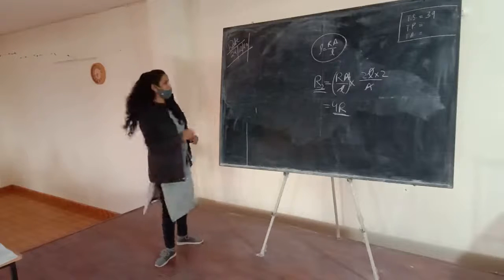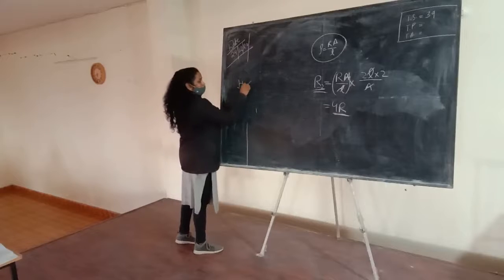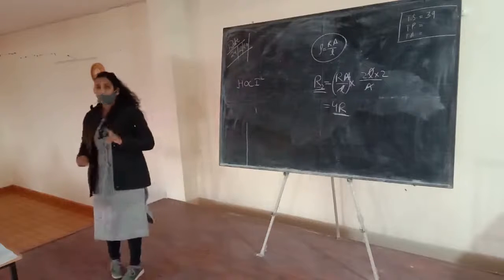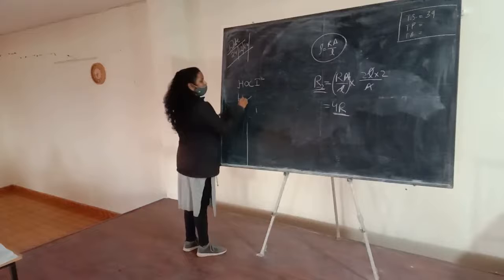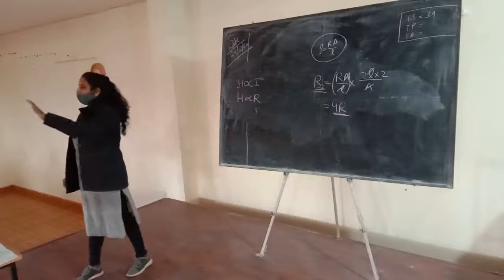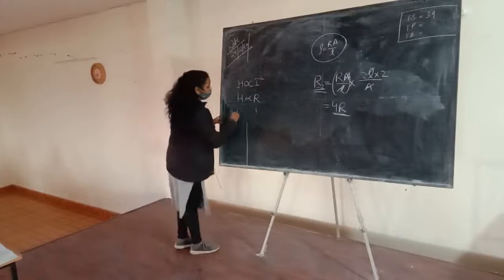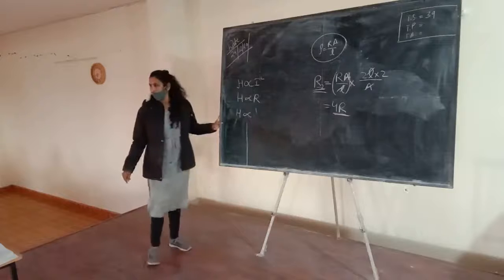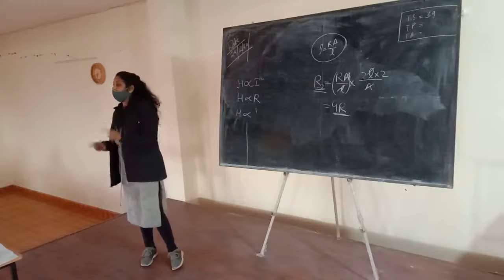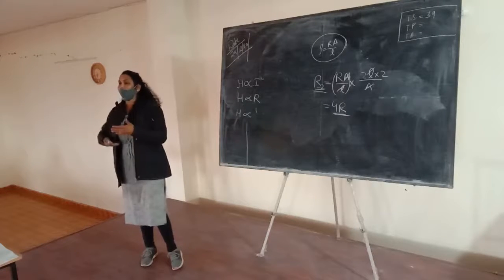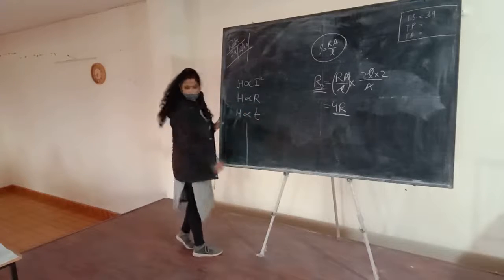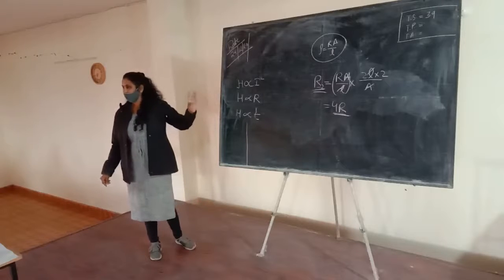So according to Joule's law, we can say that the heat produced in a wire is directly proportional to the square of the current flowing through the wire and is directly proportional to the resistance of the wire. Okay? If we increase the resistance of the wire, then the heat produced will also increase. And if we increase the time, the heat produced will also increase. When you use a heater for a long time, more heat is produced. So it depends on the time for which we are using the wire.